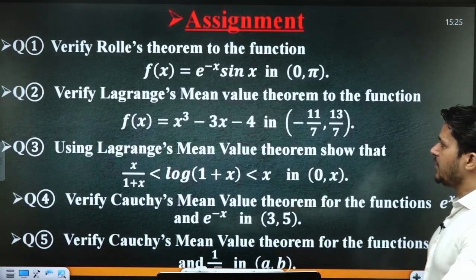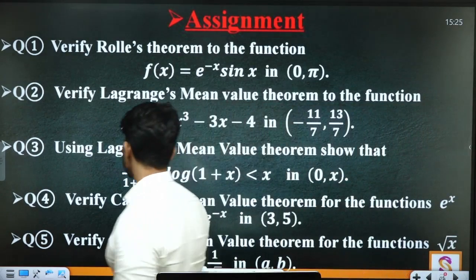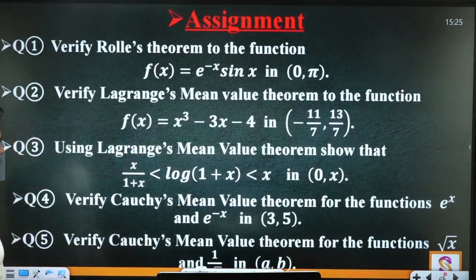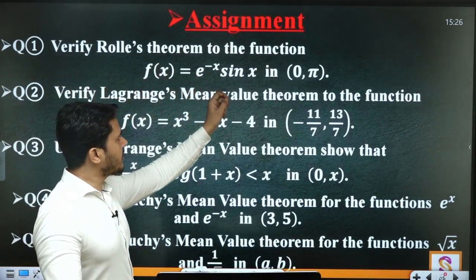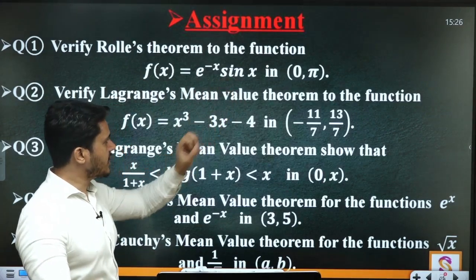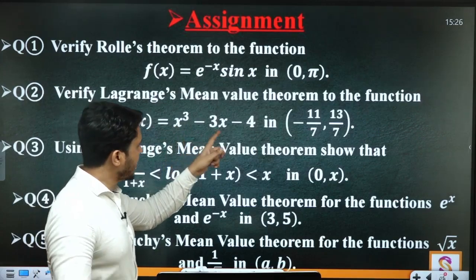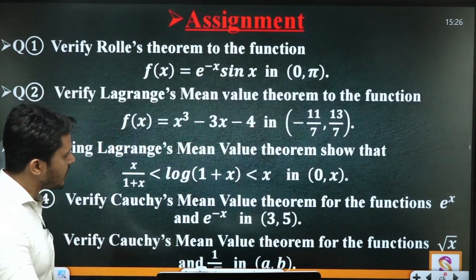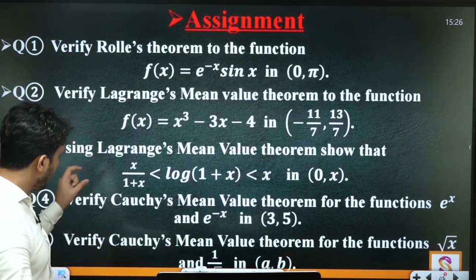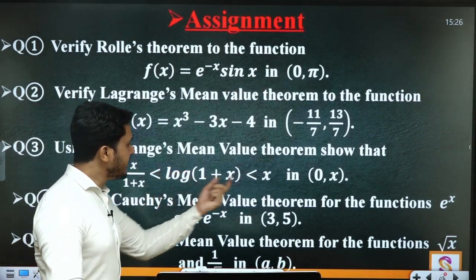दिस इज असाइनमेंट फॉर यू टू वेरीफाई द Rolle's, Lagrange's and Cauchy's mean value theorems. देखो इसमें क्या लिखा है, रोलेस में f(x) equal to e to the power minus x into sin x, interval is 0 to pi. Lagrange theorem for the algebraic function x cube minus 3x minus 4 in the interval minus 11 by 7, 13 by 7, यहां से आपको न्यूमेरिकल वैल्यू मिलेगी।